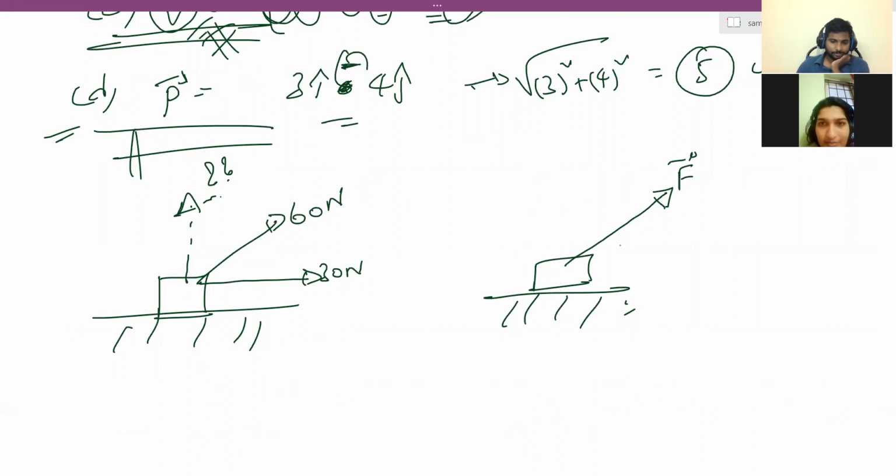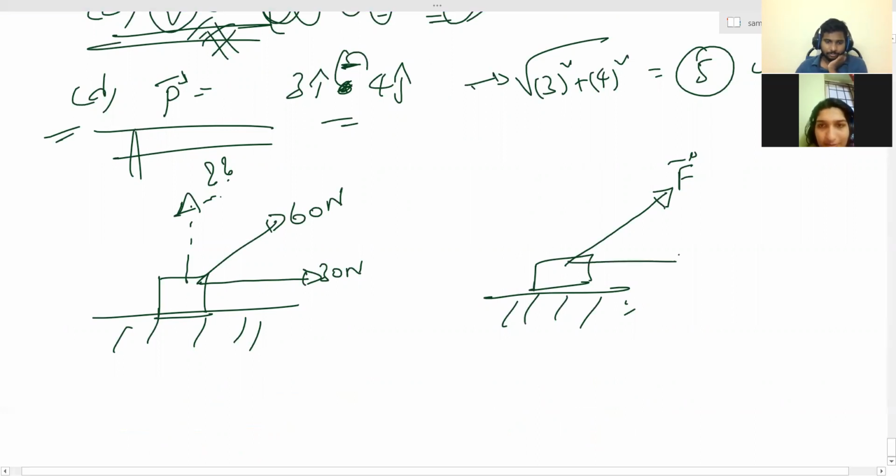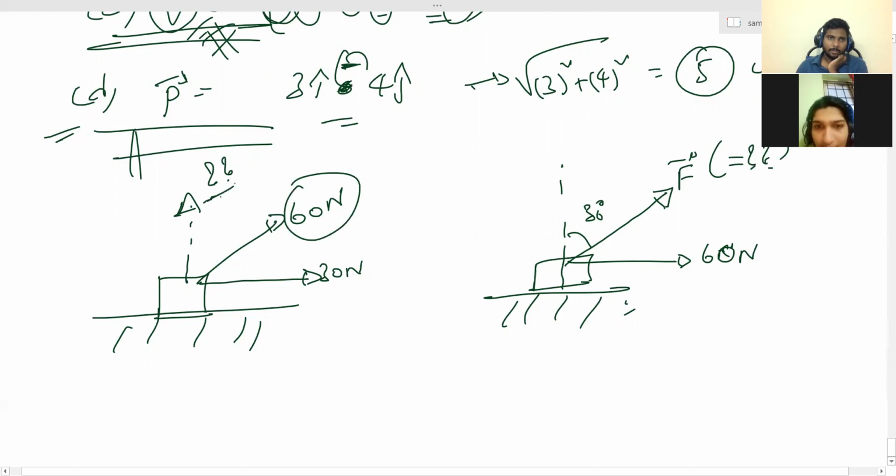Solve this question. So can you repeat the question, sir? Find these, the questions I'm telling you. This force is how much? Here force is given. This component is how much? This is given, this is given. I'm asking you this. Now this is given and this angle is given. I'm asking you this. With whatever knowledge you have, try to find out.